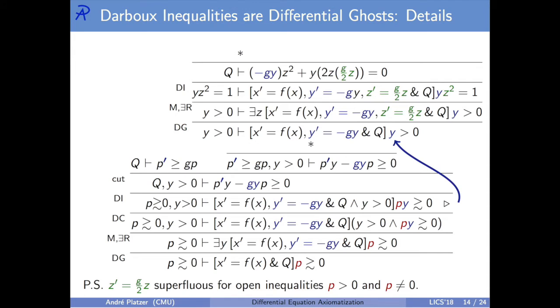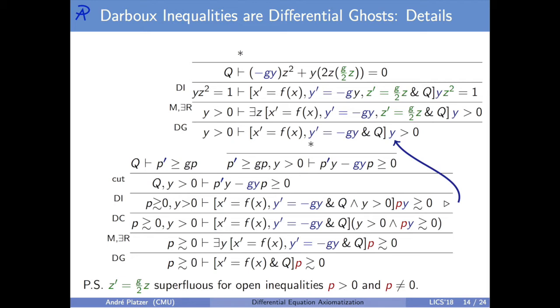Here's the derivation in a little bit more detail. I'm giving you merely the idea, but this is what would happen if you really took the axioms and did the proof. You have your original question, you introduce with the differential ghost principle a new differential equation. You change the postcondition around conservatively because sure, if you know that y is positive and py is greater or equal 0, you can prove that p is greater or equal 0, or greater than, no matter what you would need. And then you do a differential cut to prove that y is positive because you need that in the rest of the analysis, but y obviously is positive because